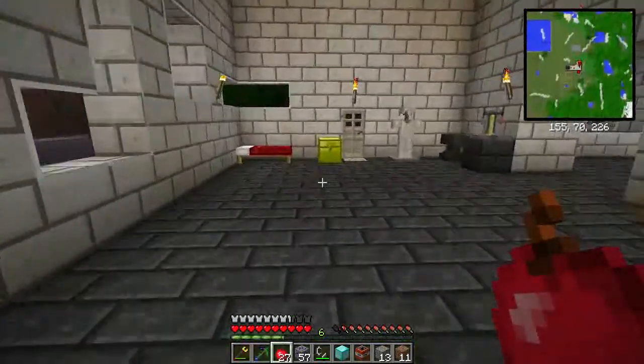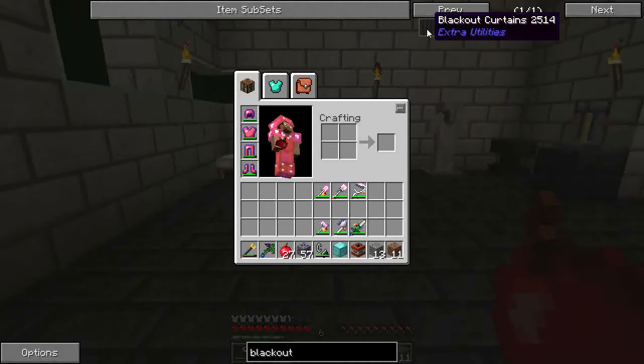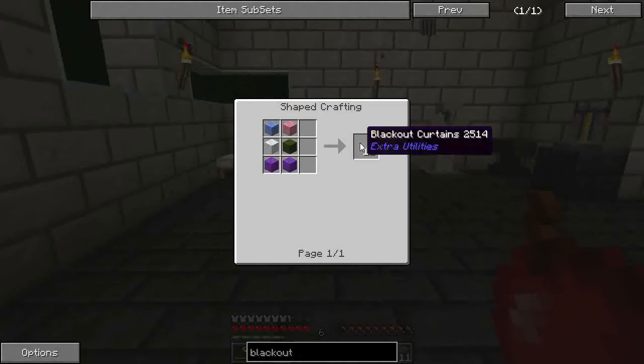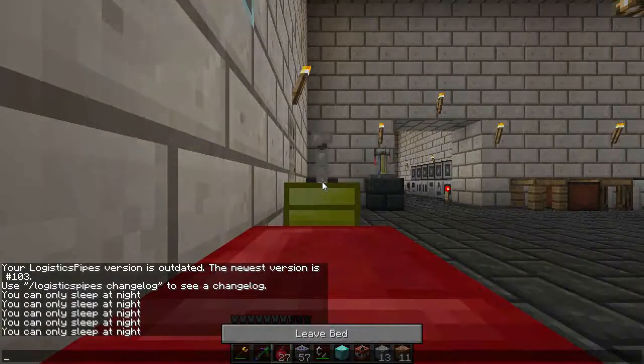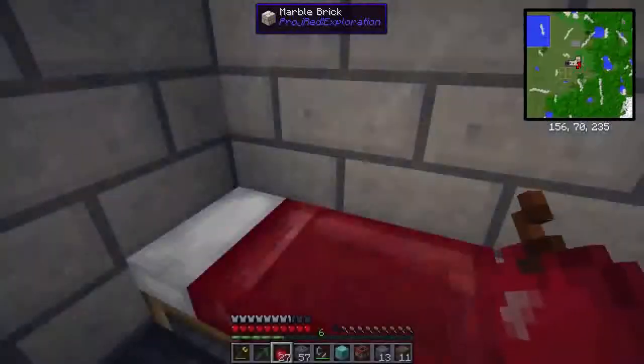Okay, so blackout curtains are actually pretty cheap, too. It's just a bunch of wool stacked up together. So 6 wool stacked up like that gives you 12 blackout curtains. And if you put them one in front of the other, they do even more darkness. So it's very helpful. Alright, so now we can sleep. And then we will go...